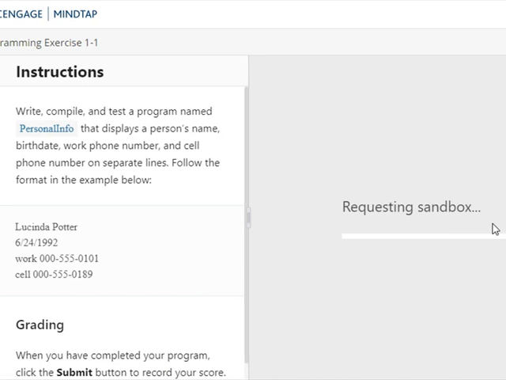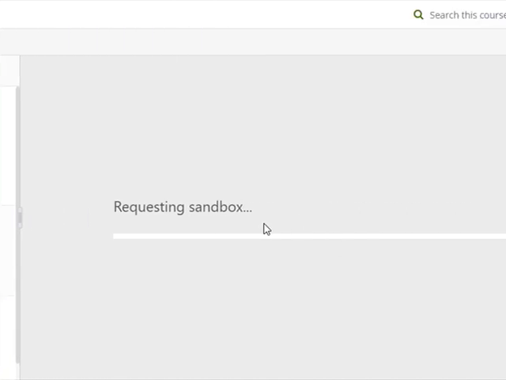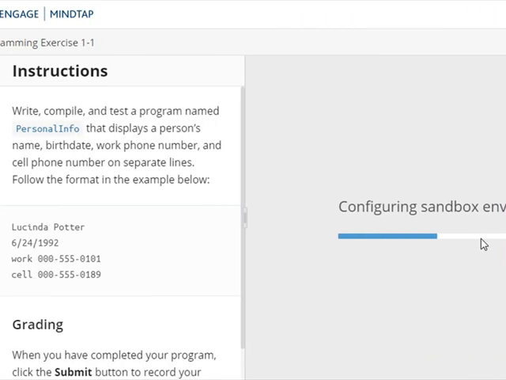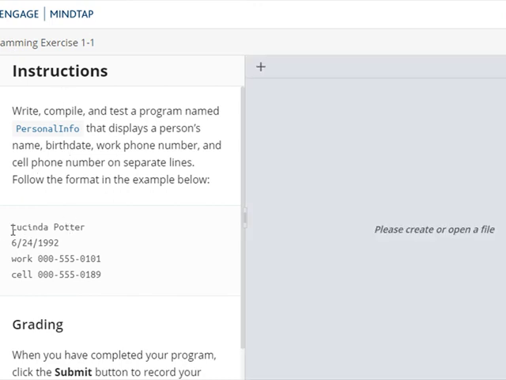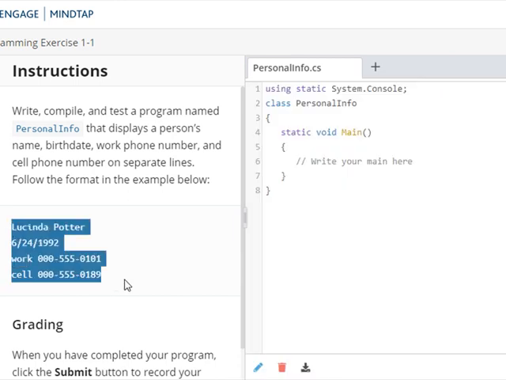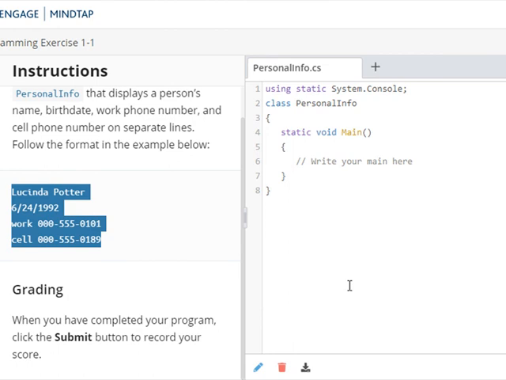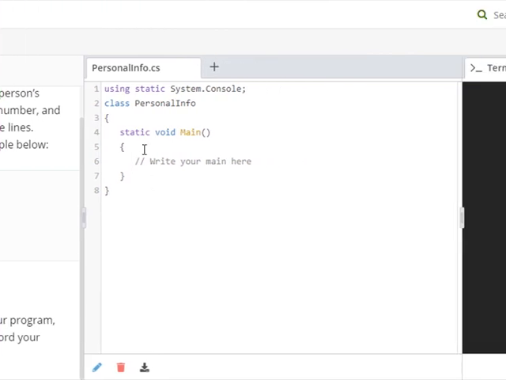So it builds a little coding sandbox for us. Sandbox is a safe place to write code. Gives you the instructions here. And it wants this for an output. Okay. So once you get all this written, what you can do is you can test each one of these,